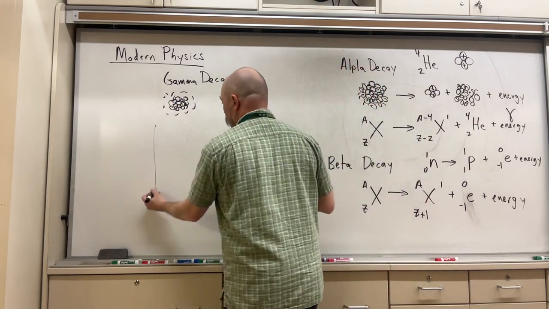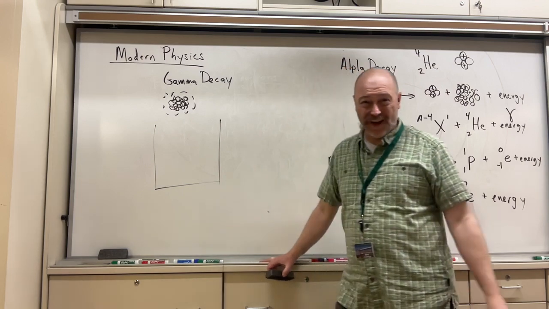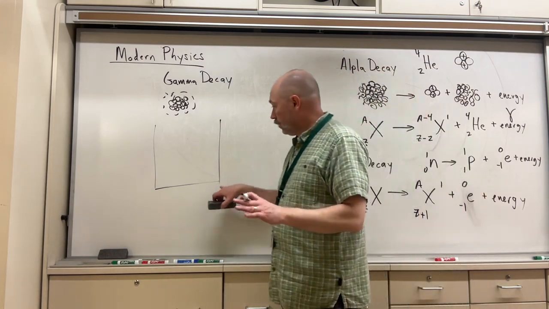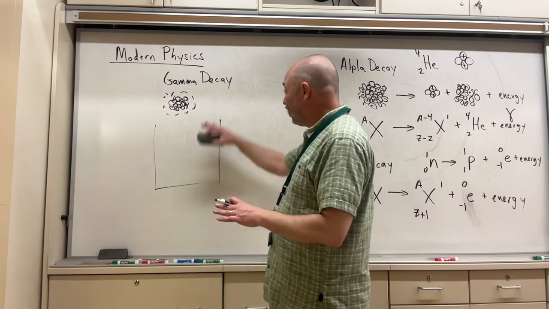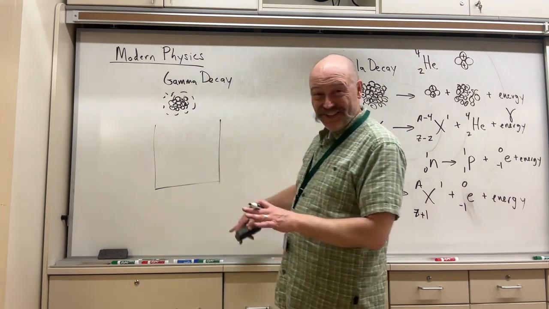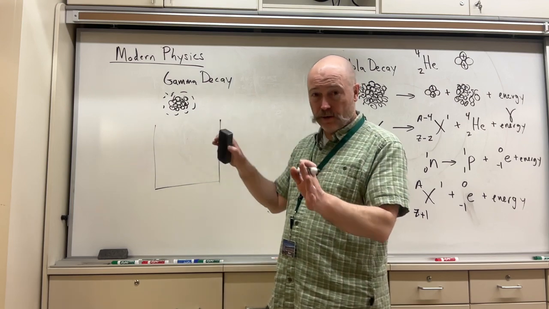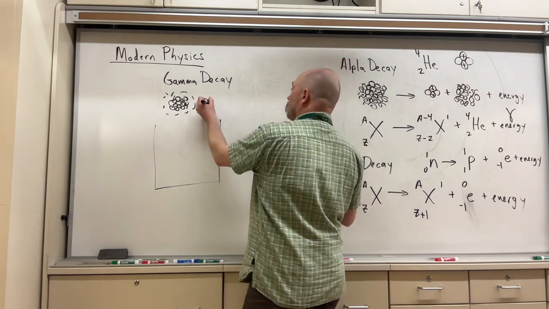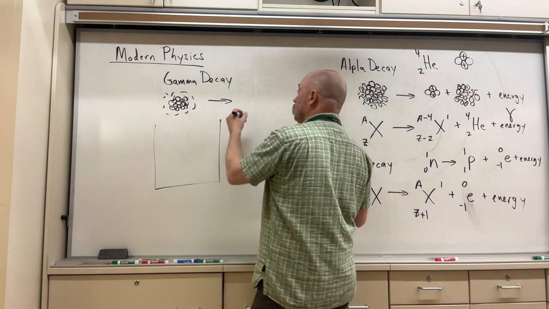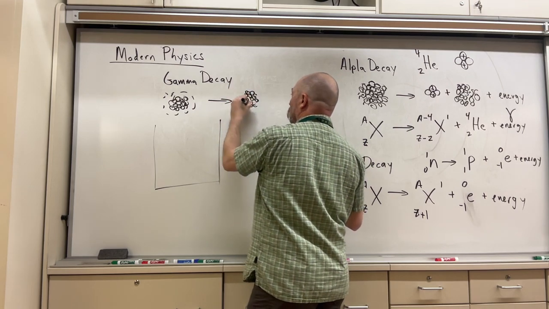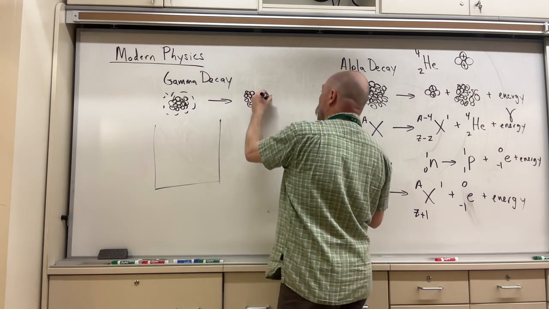And if you were to think like your energy well, like we did with the photon absorption and emission, but with a nucleus, where these energies are going to be way, way bigger, like millions of times bigger, this is going to decay to the same nucleus, okay, with less energy, plus